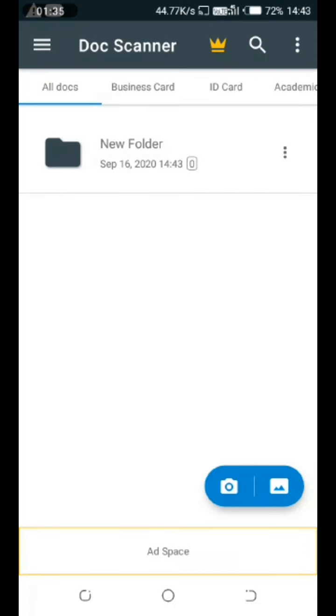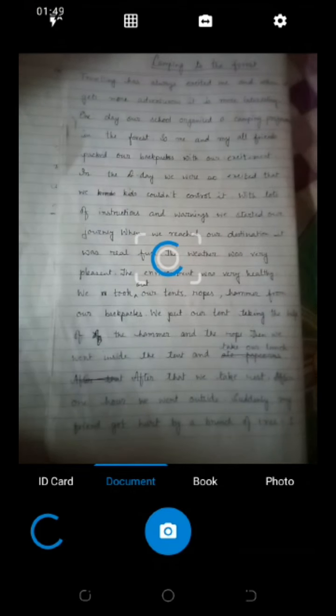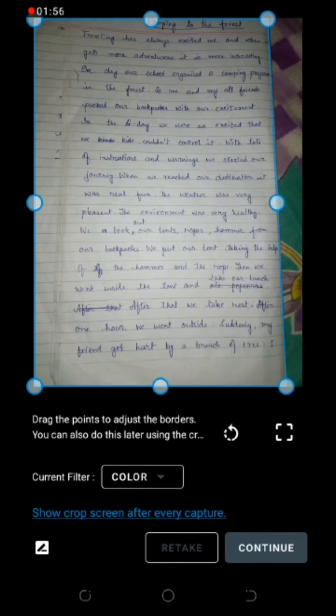See this screen. You have to click the camera icon right at the bottom of the page. I have clicked it. Now I am taking an image of a handwritten document. It will take time. Click continue.